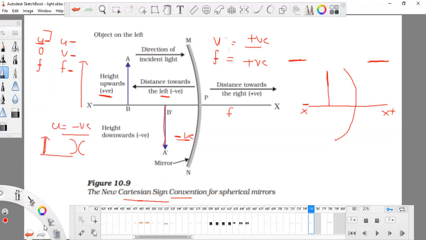Now if you have any doubt, you can ask me, or I'm going to do some numericals. We are going to do numericals. If you have any doubt, you can ask me. Remember the formulas on your tips, the mirror formula. We have identified the mirror formula, and the formula to find the magnification, which tells how the image is formed: same size, diminished, highly diminished or enlarged.